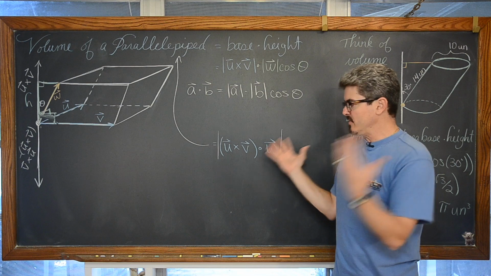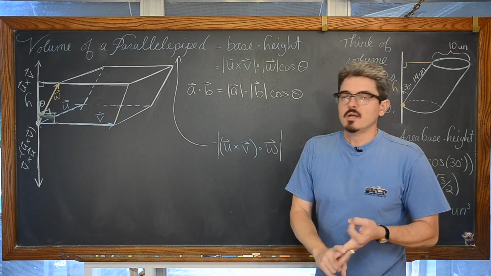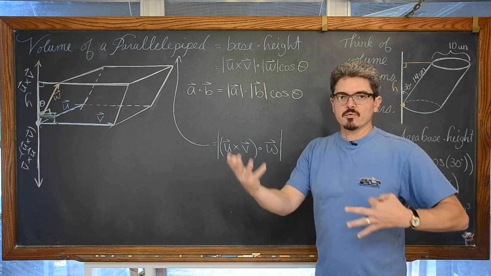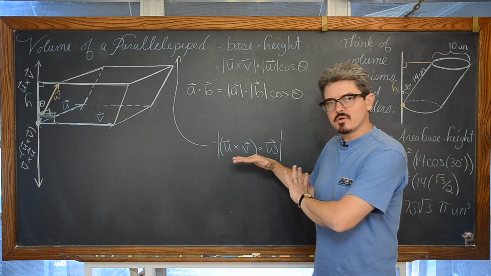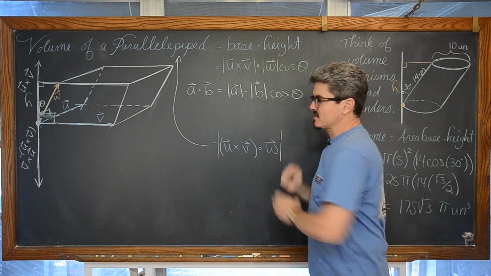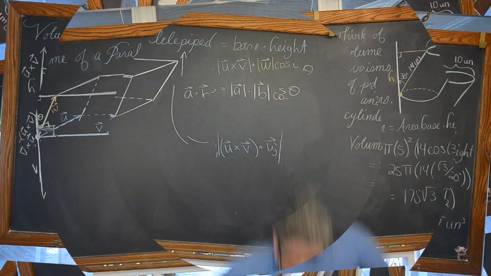So I hope I've helped deepen your understanding and shown the connection between your cross product, your magnitude, and your dot products that you've been learning through this vector lesson, and not just thrown a formula out here. This isn't a proof, but it shows you the geometry and the basis of where this formula is coming from, which we're about to use in this example coming up right now.